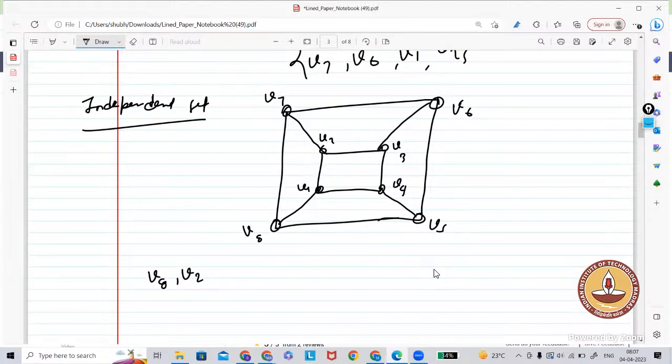Okay. Now if you choose V2, then you cannot choose V3, V1, but yeah, you can choose V4. Now if you choose V4, then you cannot choose V5. Okay, V1 other vertex, but you can choose V6. Okay, so this is another